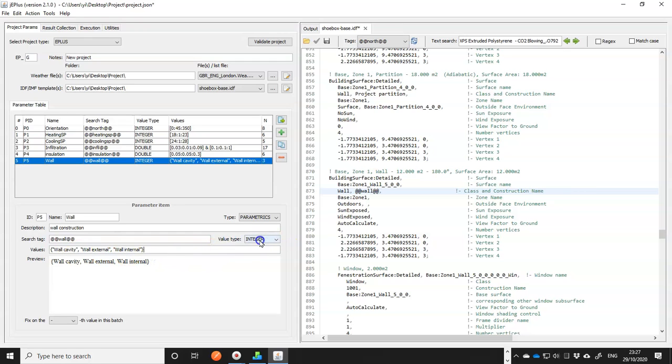You can see the value type doesn't really make much difference. It should be discrete. So in this way, jEPlus will know to put wall cavity in the place of this search tag when it's running the models. We can actually make it even easier. Say if you put wall space before that search tag, then the search tag can be used to only fill in the missing word. So in that case, we can put just